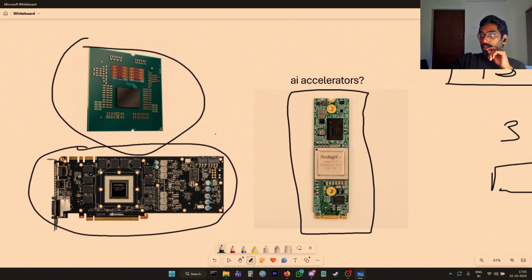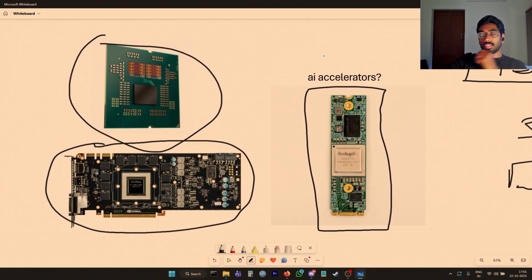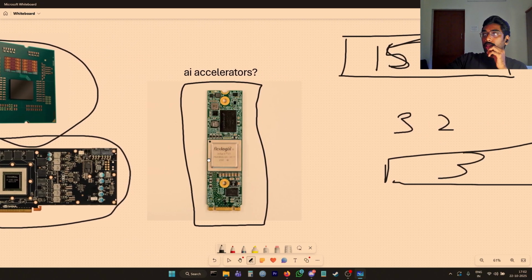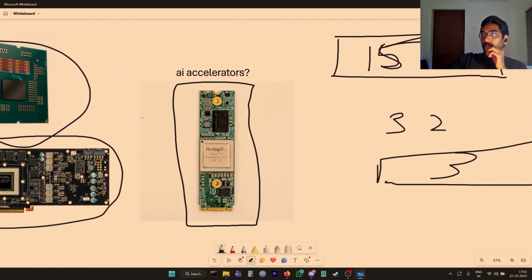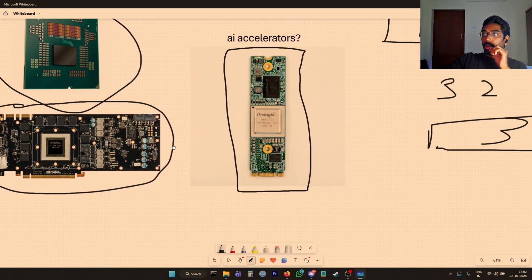So a CPU can be considered to be, let's say, a very intelligent person, right? Let's say it's just 3 or 4 intelligent people, and they can do a certain task pretty well. But a GPU is more like 5,000 or 10,000 average intelligence people. So they can do a task faster because they can break it down into smaller parts, and they can do simpler tasks faster. AI accelerators are pretty much related to GPUs in a very specific use case, but overall they